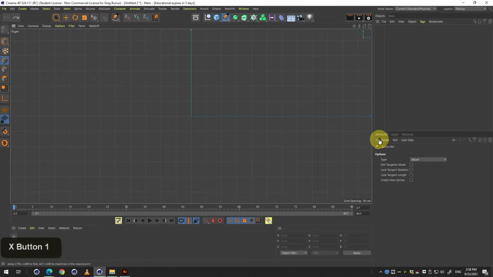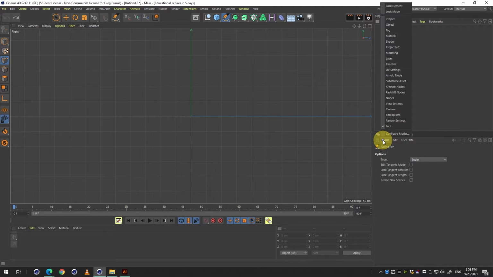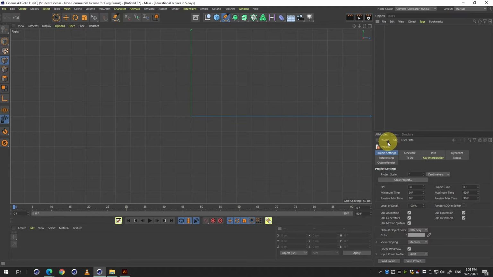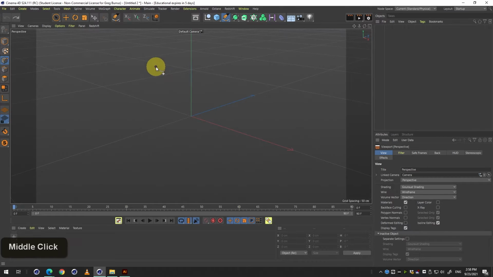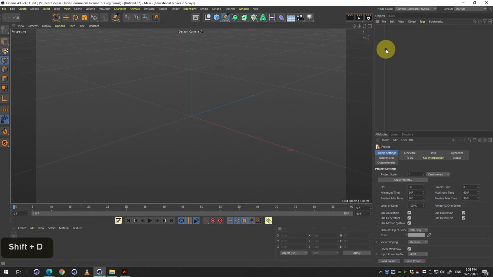So there are a number of different ways that you can go about doing this. Typically, I use the shortcut method for this, but I will show you the way to actually get to this directly. And let me go into my view settings. Yes, okay, so the way that you can get into this mode inside of Cinema 4D, and let me set everything back to the way it was when I started my scene here,